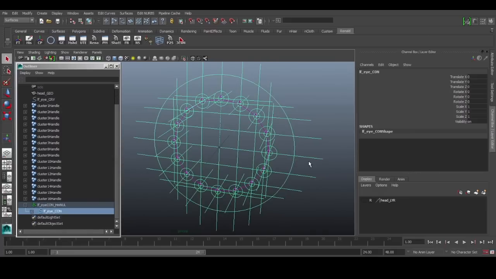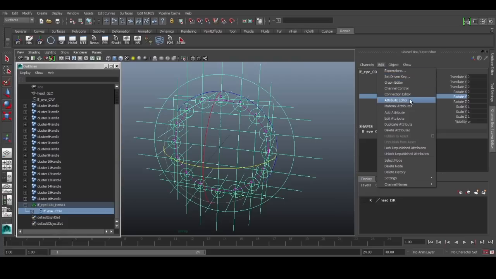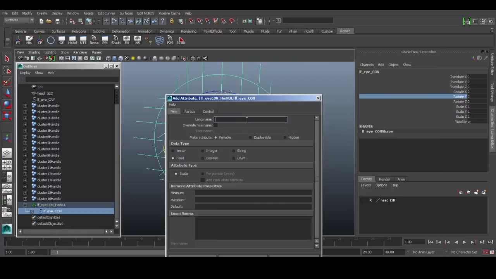So under the eye control, I'm going to add 2 attributes. Edit, add attribute, and we can call this the SDK visibility, and then it will be from 0 to 1.